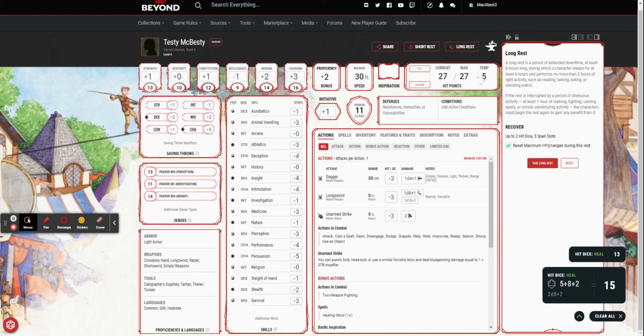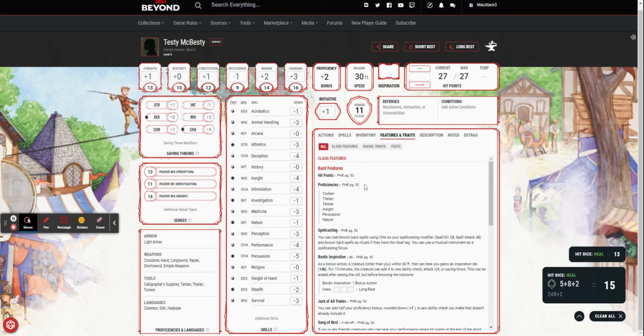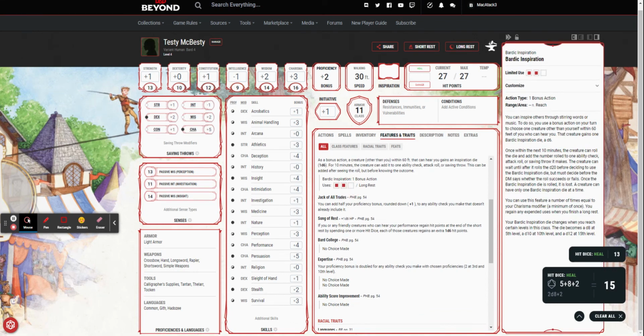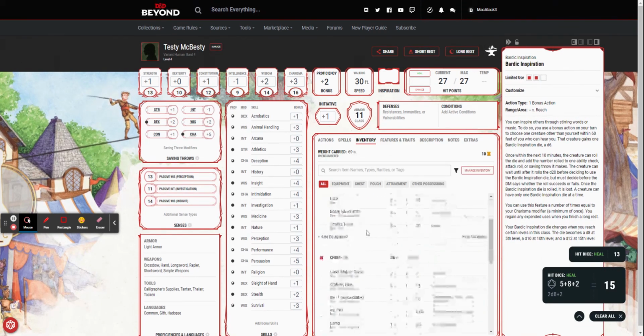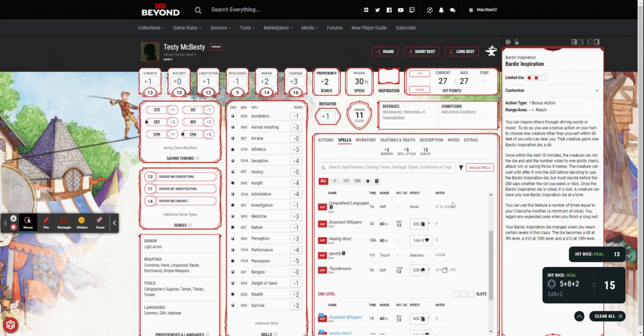So on a long rest, if I hit up to 2 hit dice, 5 spell slots, and I want to reset my maximum HP, that's talking about this temporary HP that I have. Generally speaking, you want this checked unless your DM tells you otherwise. All my stuff has come back. If I had used up a bunch of Bardic Inspiration and, I don't know, let's see, I'd thrown around some of my spells,